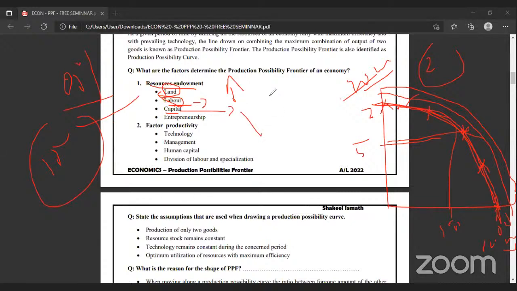And in Sri Lanka, there was around 30 years of civil war, right? Around 30 years, there was a civil war in Jaffna. So what happened? Many people were killed, and capital resources, buildings, and many constructions were demolished. Then many entrepreneurs were killed and entrepreneurship shut down. The production possibility curve will shift inward, an economic decline. Perfect. Economic decline. I hope you understand.